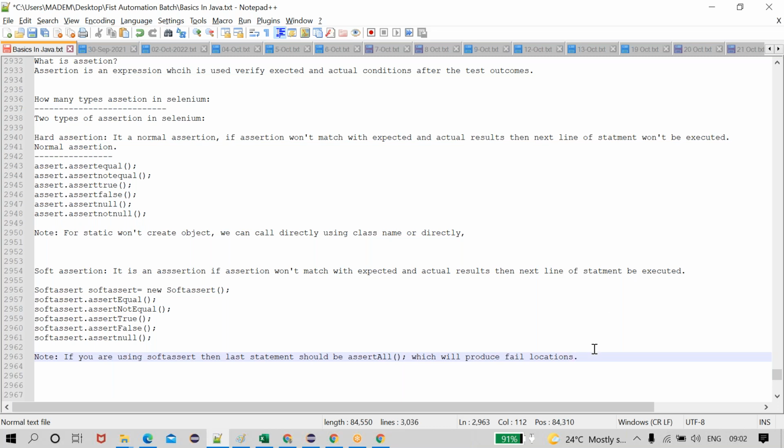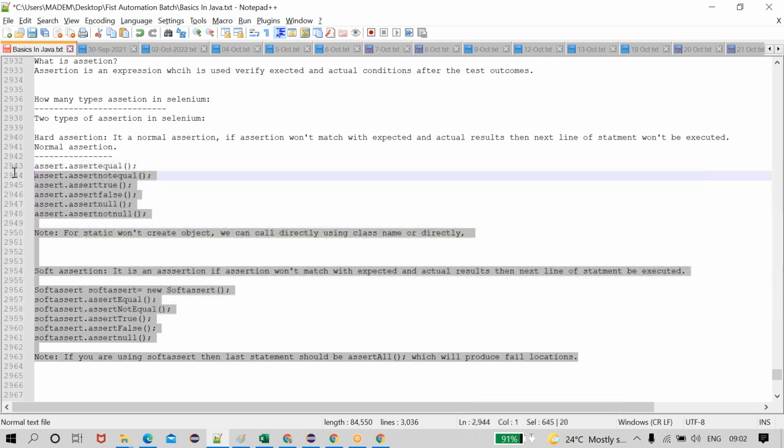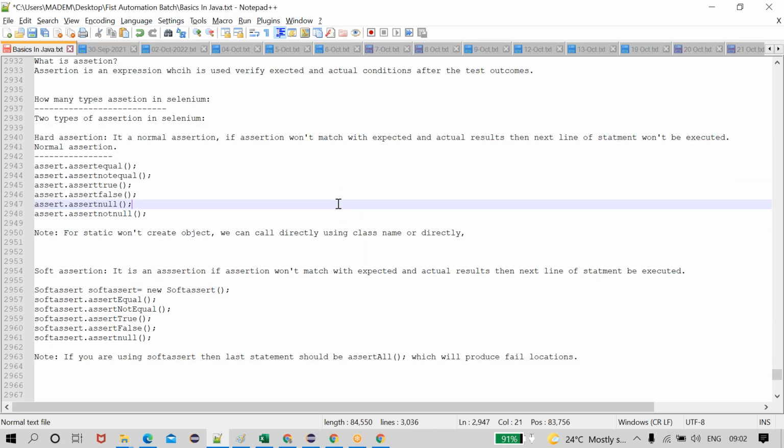Okay, very important, guys. What is the difference between soft assert and hard assert? Hard assert is nothing but the normal assert, which has static methods. Soft assert means it's a type of statement. If the assertion doesn't match the expected and actual results, then the next line of statement will still be executed.